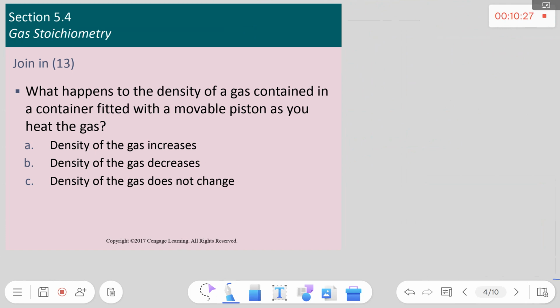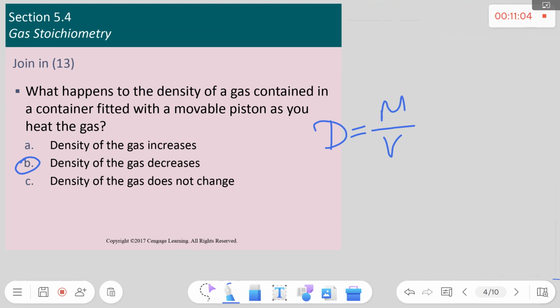Got an answer? Bank it? Let's check it out. If I have a movable piston, density is mass over volume. Did I add any mass to the container? No. We did heat up the container,